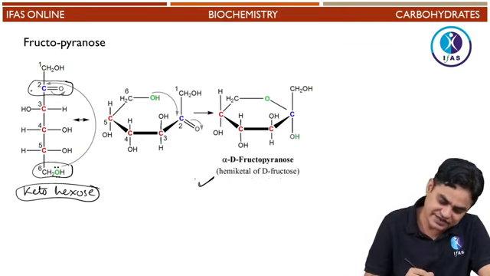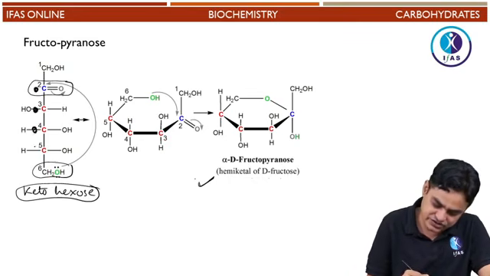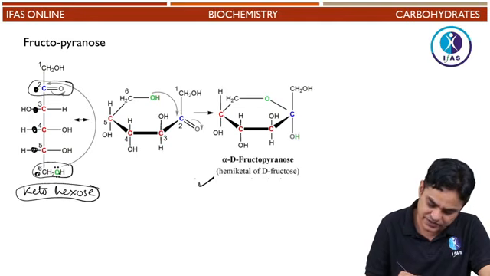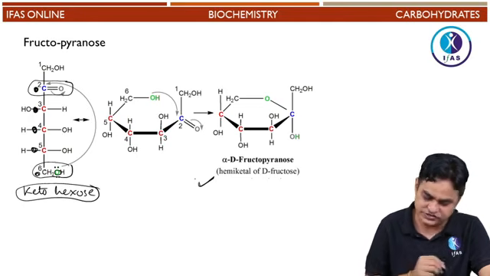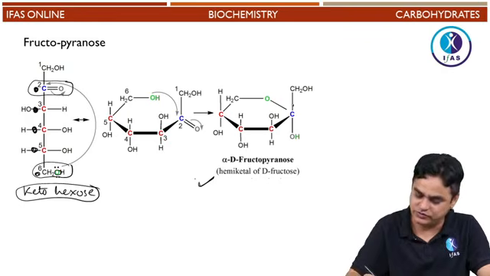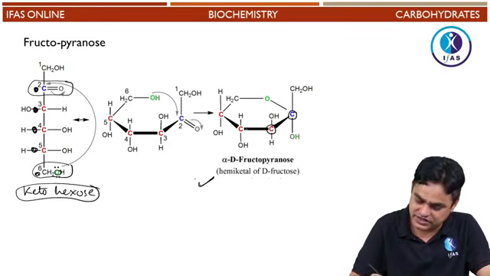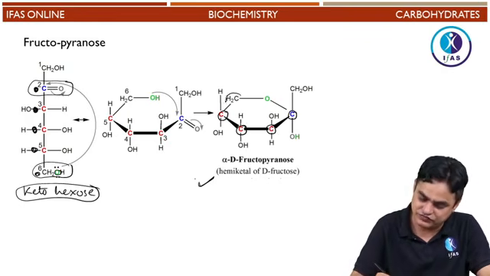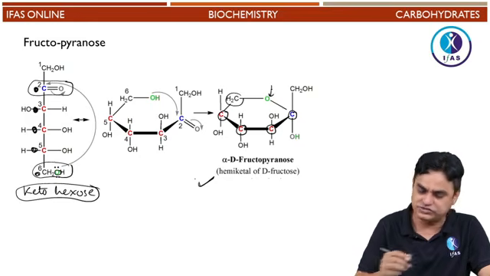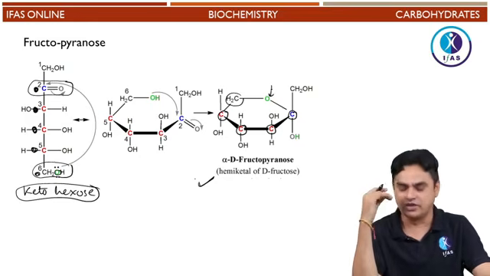If it is like this, then in the ring you will find carbon 1, the 2nd carbon, this is 3rd carbon, this is 4th carbon, this is 5th carbon, and the 6th would be oxygen, which would be in a ring. That is being observed. 6-membered ring is being formed, which is referred to as